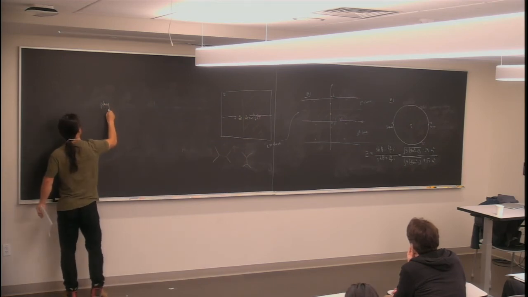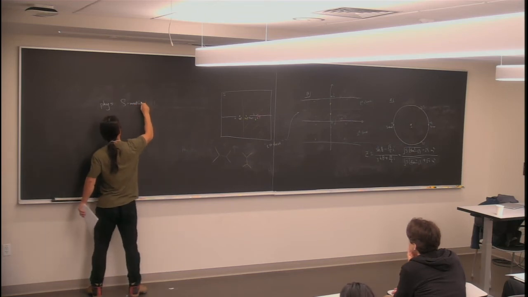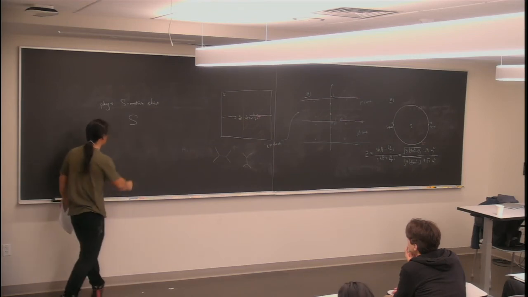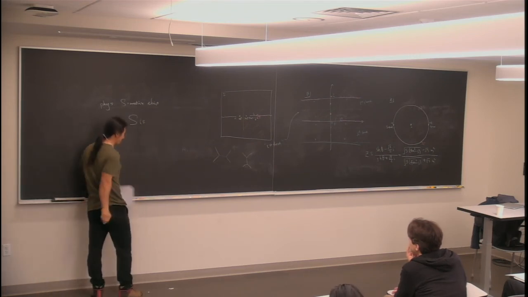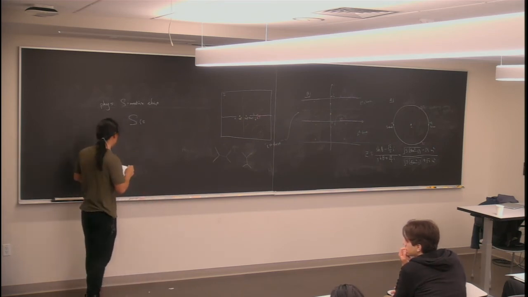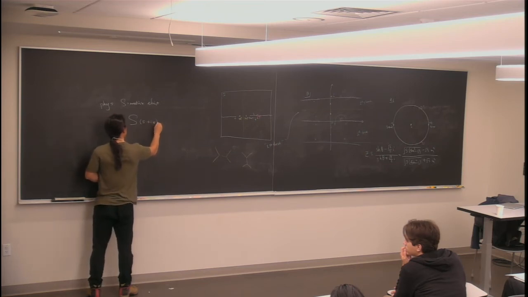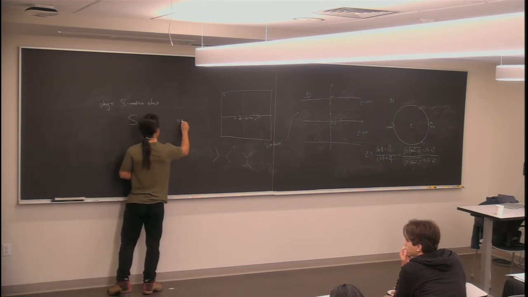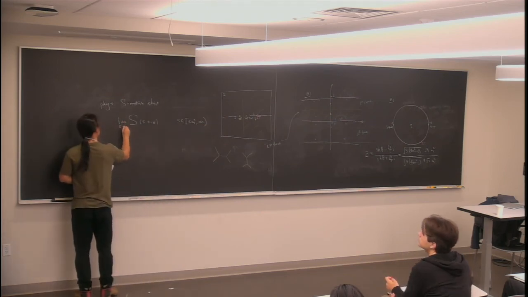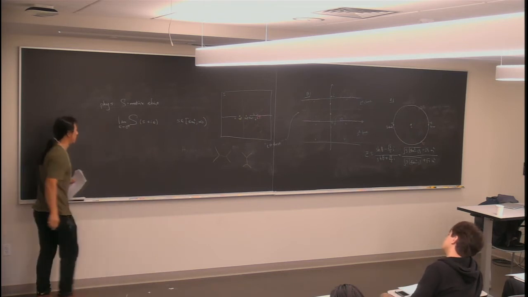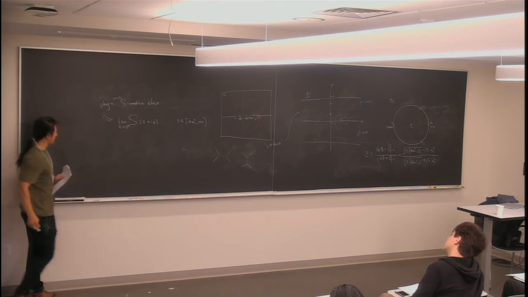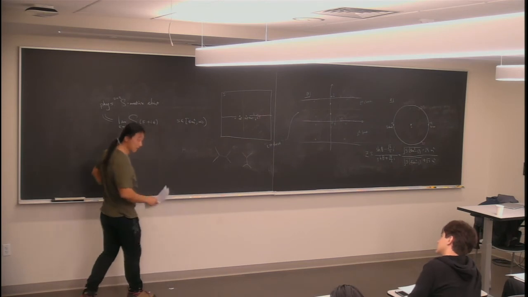The physical S matrix element should be thought of as some function, which I call S of little s, where s is the center of mass energy squared, that has the property that I described. Now, take this function. If you take s real from m squared to infinity, and then you take the limit where you approach from above, you get the physical S matrix. That's what I said earlier.